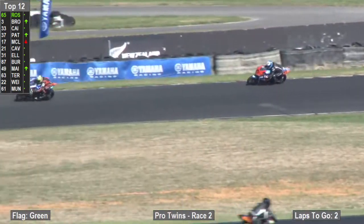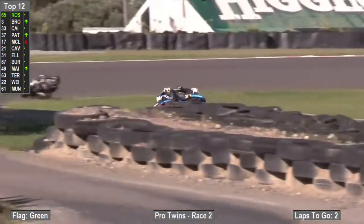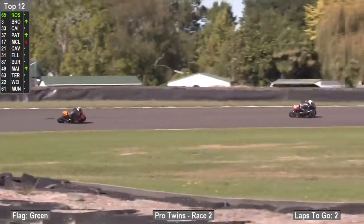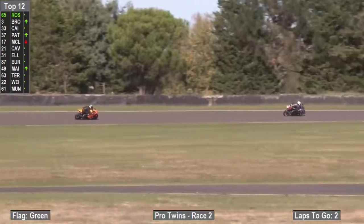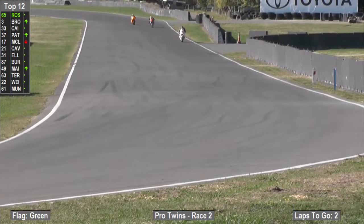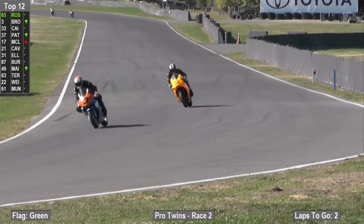A 1:14.583 for Ben Rosendale, fast lap. 1:14.909 for Matt Bro. Nick Kane, a 1:14.664. But last lap, Matt Bro was 0.5 of a second quicker than Nick. But here comes Nick down that back straight. He's got the faster bike down there. They're coming around the big Go Media corner very shortly. They're going to see the white flag, so the gloves are off. They've been off all the way through, haven't they, really,